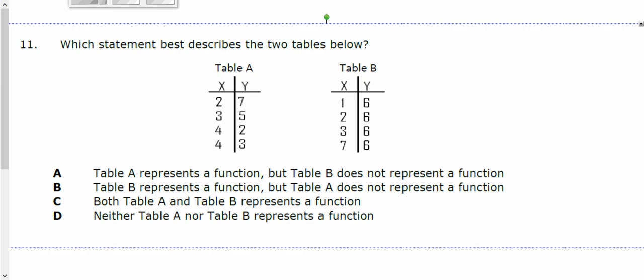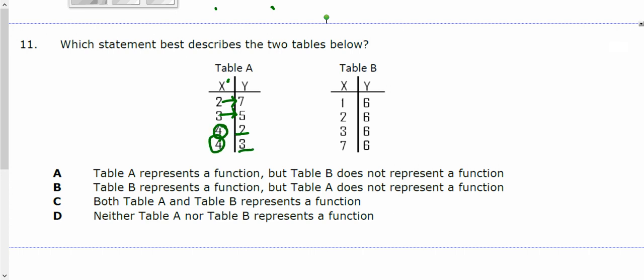Number 11, which statement best describes the two tables below? Table A represents a function, but table B does not represent a function. Okay, so table A represents a function. Well, let's look at table A. Does table A represent a function? 2, 3, 4, 4. Does each input have one output? Well, 2 has one output, it's 7. 3 has one output, it's 5. But 4 has an output of 2